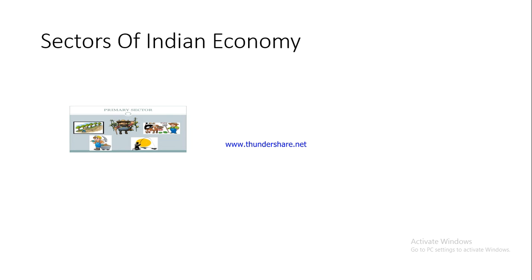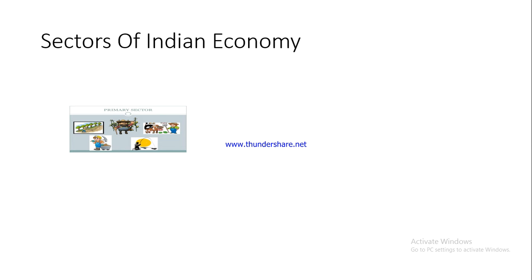Tilling the field, the first picture on the top left, tilling the field, growing crops, then hunting down animals, and then you can see top right, cattle rearing, wherein you rear cattle and obtain the various products and then probably sell it into the market, including milk and other products. For example, even cow dung and cow urine is sold, milk is sold. You may be rearing a sheep for wool also. So this is another kind of a primary activity.